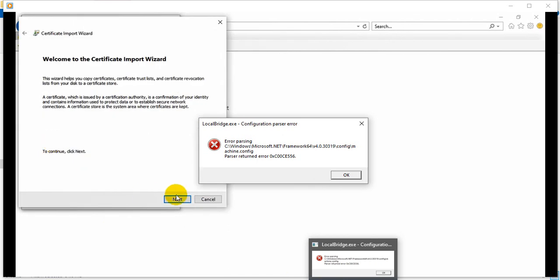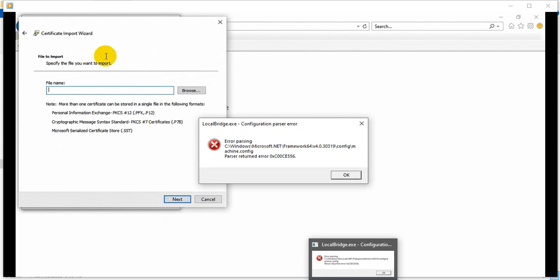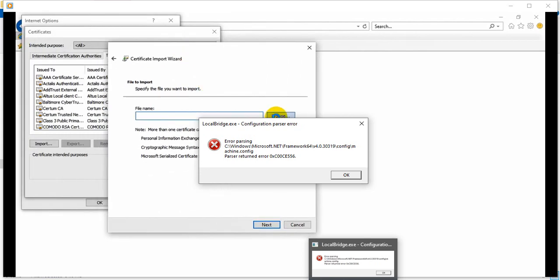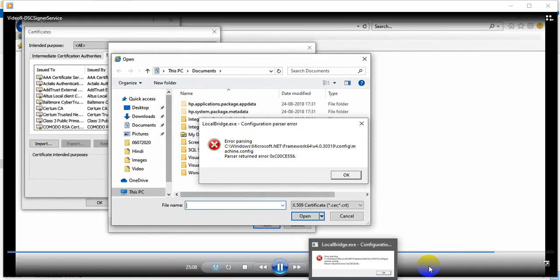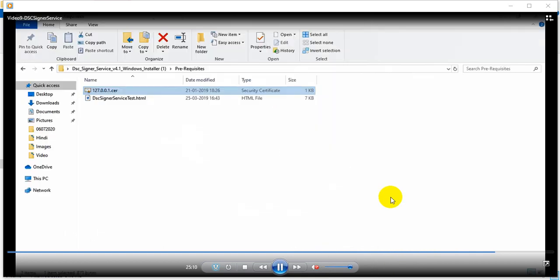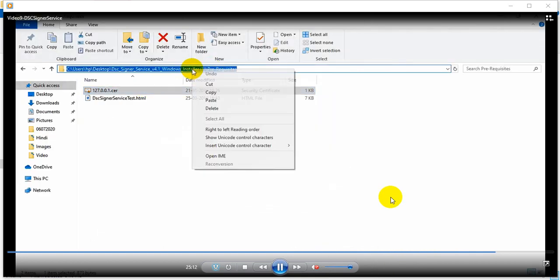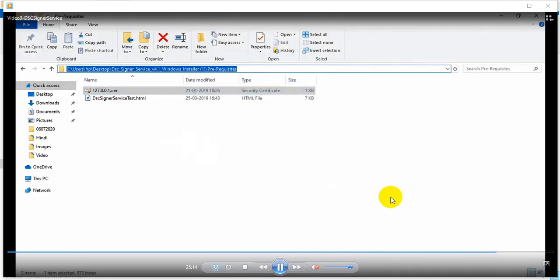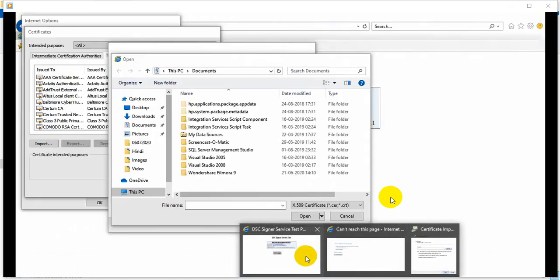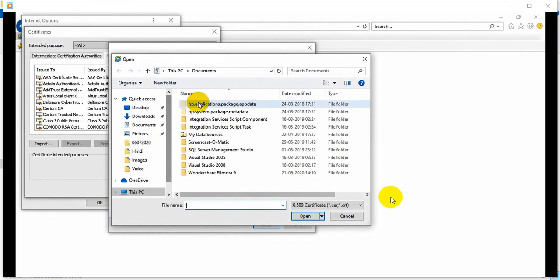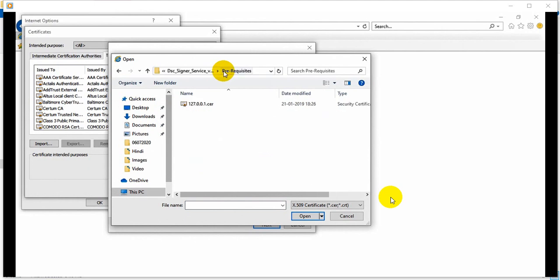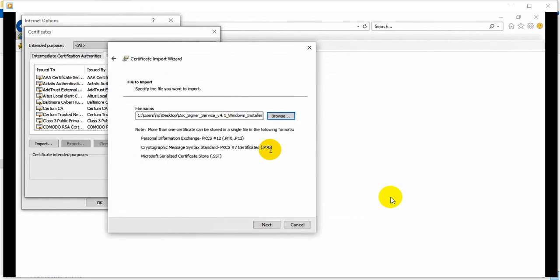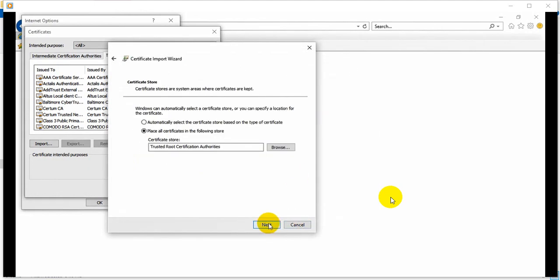Next, we need to give the path of the .cer file. Just browse it in your system, like I'm going to the folder to know the path, and the same path I will paste in the browsing window. Then select the file. Let me paste the path here. It is just simple. I'm browsing the .cer file. Nothing to worry about this, right?